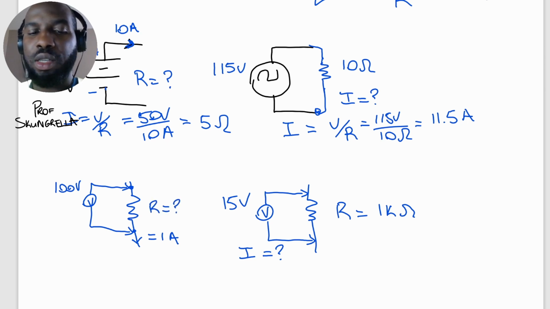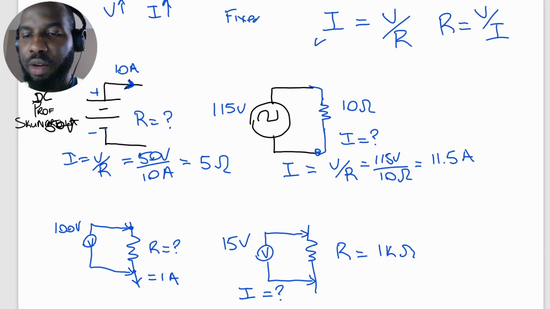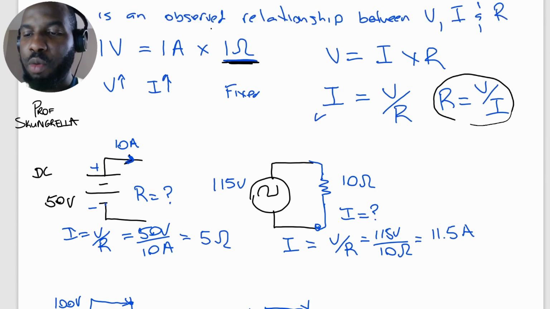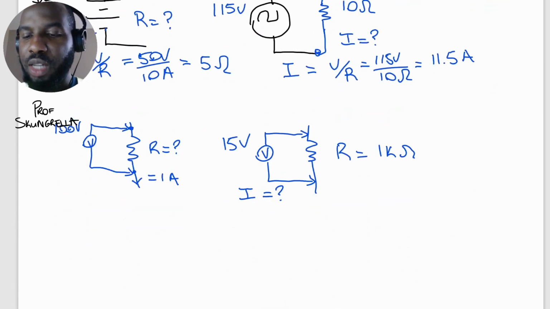Now, of course, you can see simply by changing the subject of the formula, we can use our equations up here. These same equations, we're using them over and over again. You use them for the power supply. You also use them for the resistor itself. So in this case, here's our resistor. We know that current is going to be equal to, I is equal to V over R, where V is the voltage across the resistor, which is equal to 15 volts, and R is the resistance of the resistor, which is 1,000 ohms or 1 kilo ohm, and that will give us 0.015